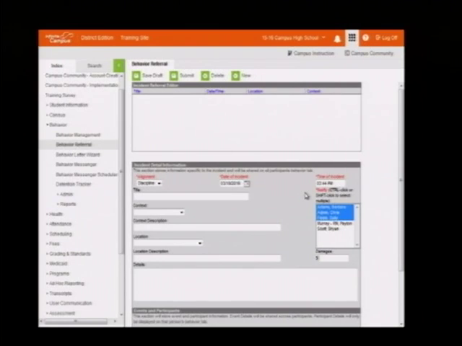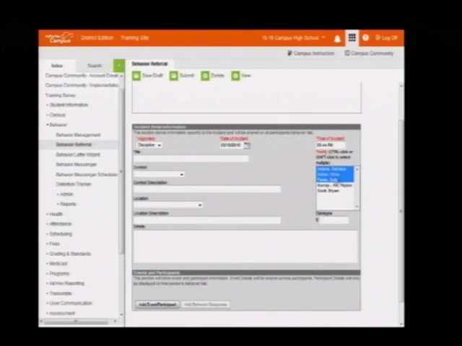Date, timestamp's already there. The context or the name of the incident. That's the one thing I want to definitely point out. We're not doing an event at the moment. We're doing an incident. So you're just doing a high-level description of what happened, the location it occurred within, and then the people here on the right are the ones who would receive that process inbox notification when they log into the system. So this list are my behavior administrators that will receive the referral. Okay?